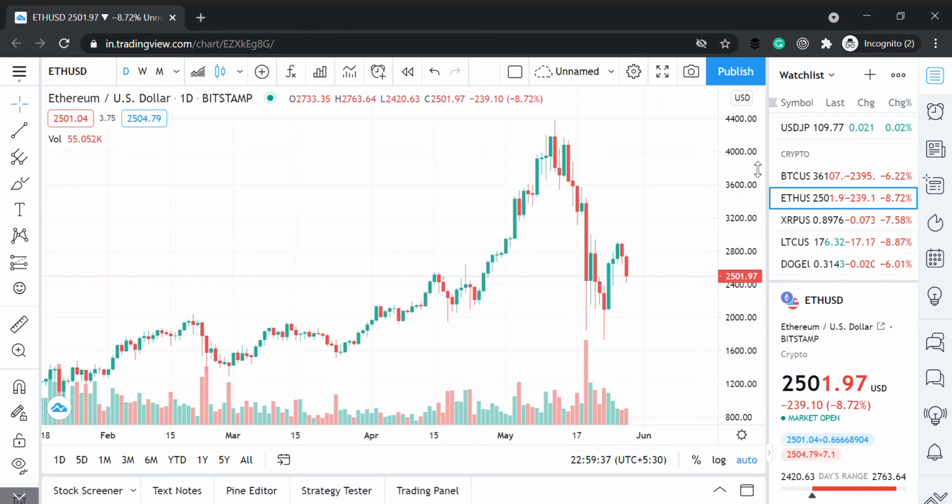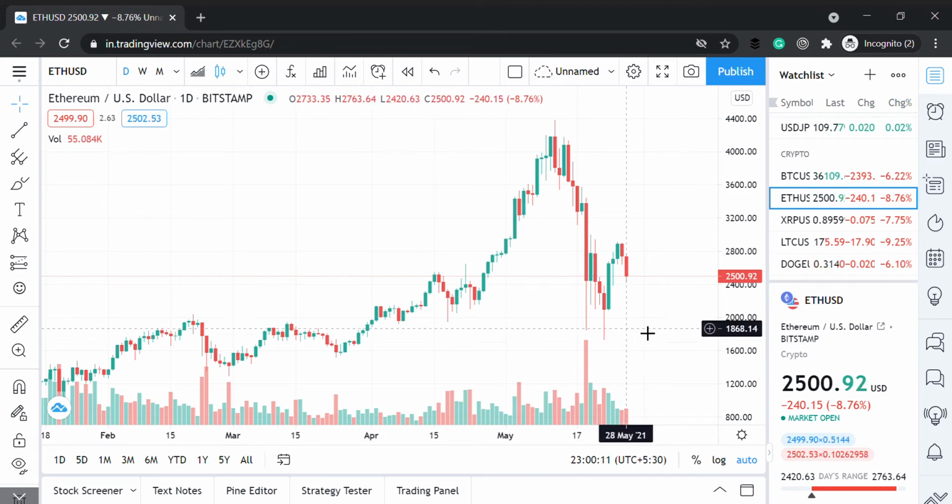So today in this video we'll discuss a little about this TradingView platform. On this platform we can check all the charts, all the price movements, the current price movements, and we can also study and detect what would be the future price movement. So for example, you can see that this is the Ethereum US dollar